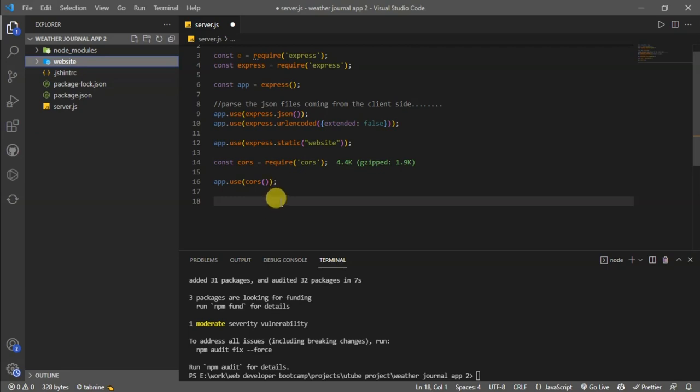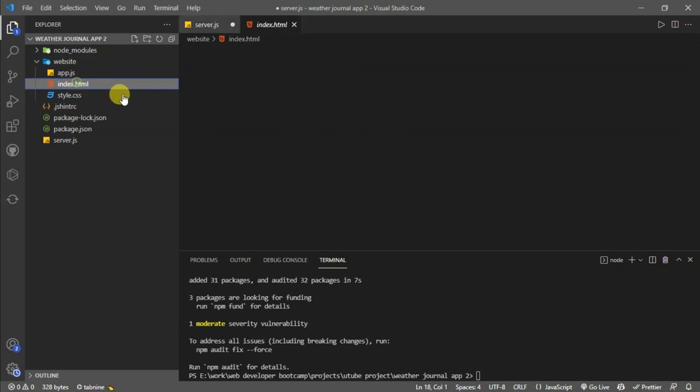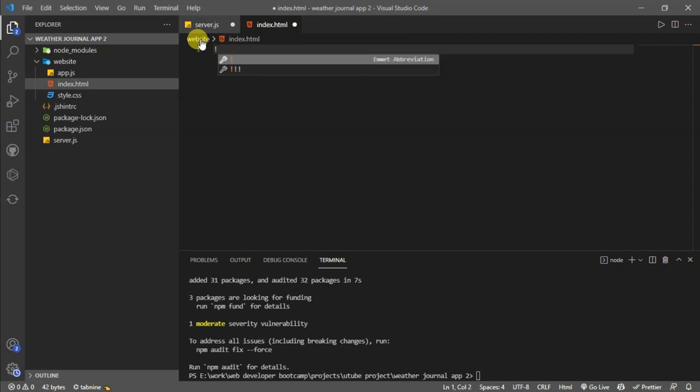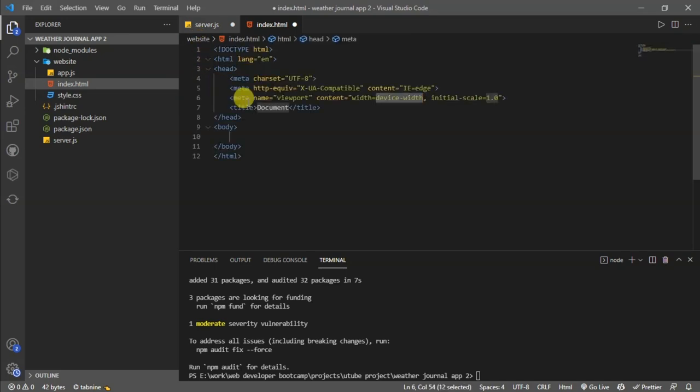Now, is there any other thing that we need in the server? I think no. We are now good to go. So we should build some routes here, but first we need to go to the website itself and start building the HTML for the files. We don't need a fancy boilerplate or something. We will do something very normal, and we will call this weather journal